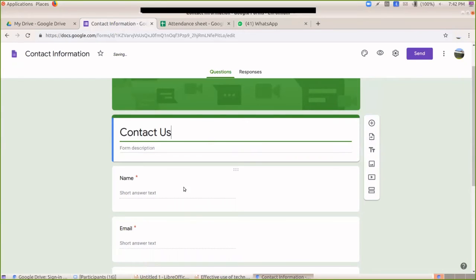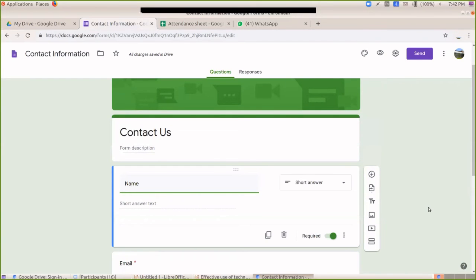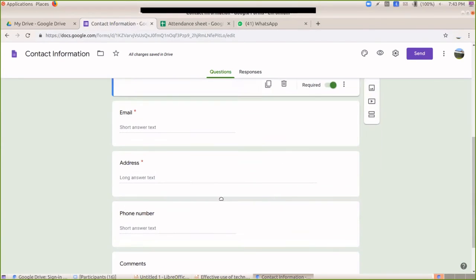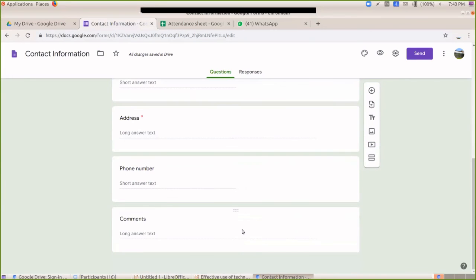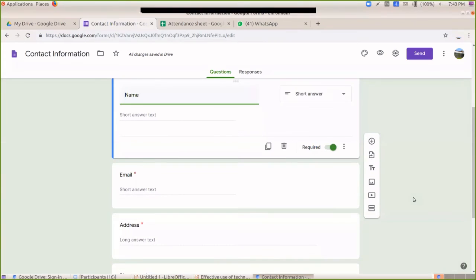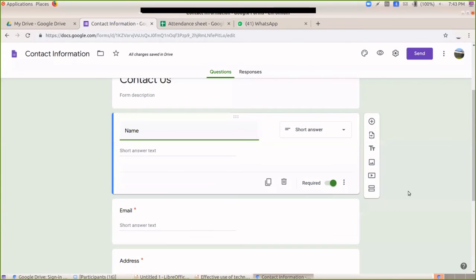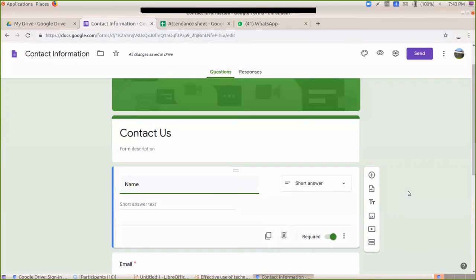Then if I don't want address or phone number or comments, I can remove this field, or I can add a new field as well. So that is the advantage of templates. Templates means there are already some existing forms. We can use those forms to develop your own forms.